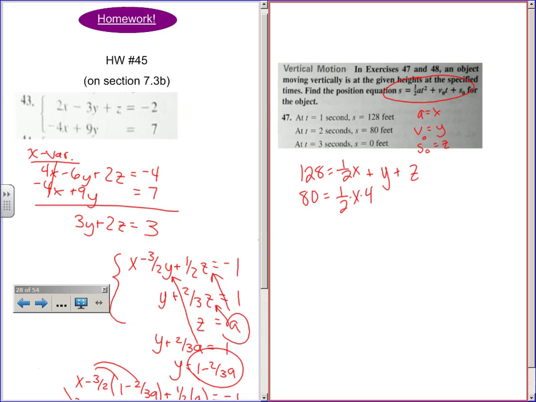We'll come back to that in a second. And then plus y times 2. Y times 2 is 2y, plus z times nobody. And then we would have plugged in s when t is 3, so 1/2 x times 3 squared is 1/2 x times 9, plus y times 3, which is 3y, plus z times nobody. Now, that's true, but it's not written in a